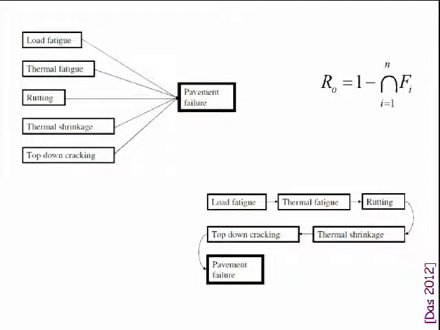Of course, the reliability in this case would be defined by this. Reliability in this case would be defined by this. This is once again standard concepts used in reliability. This is union, this is intersection, because reliability is 1 minus the failure probability. So the failure probability with intersection means the probability that all of them fail together. And here it is the probability that at least one of them is failing. There could be 2, there could be 3, but at least one of them is failing, and 1 minus that failure probability gives the reliability. Since I have 5 variables now, I have to really look at how they are connected.